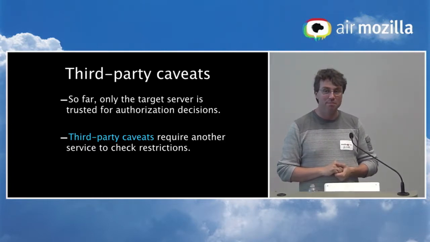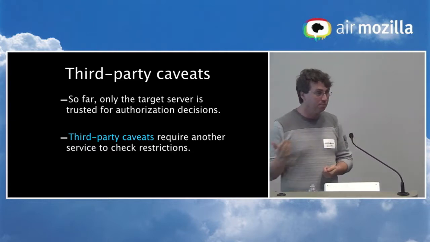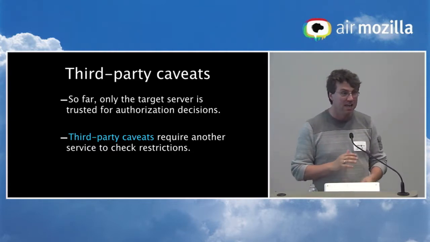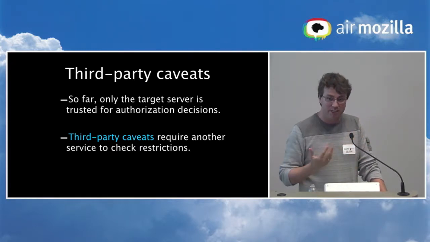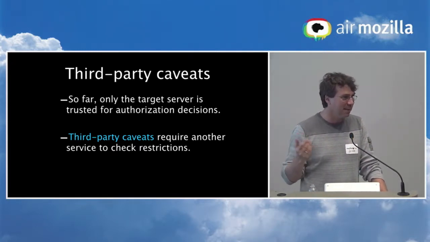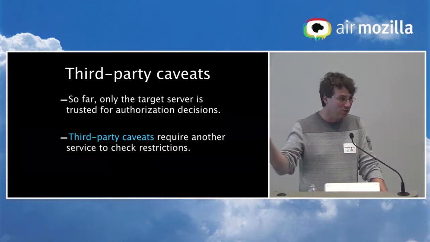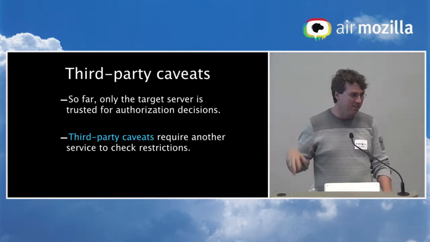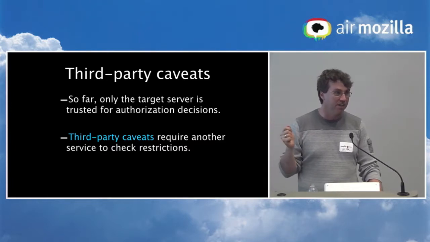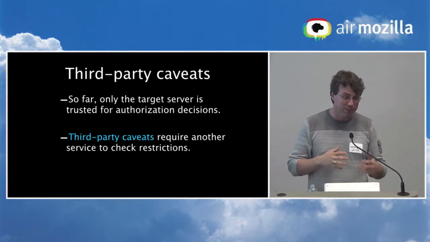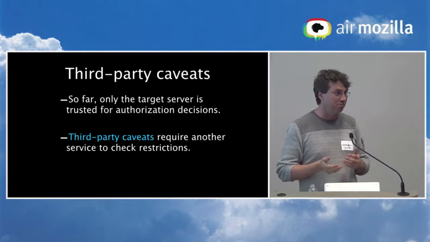And in many cases, we actually want a third-party service to check various assertions. And it's sort of easy to see why third-party services would come up. The easiest thing is a time service. So far, everything we've been talking about is sort of using globally synchronized time. Everybody has the same notion of time, but you might actually want to refer to a time service. And that's not really involved in any of these chains, but its statements about what the time is are actually important to the chain.